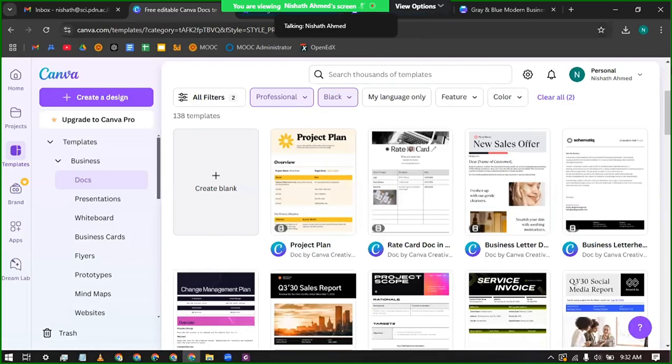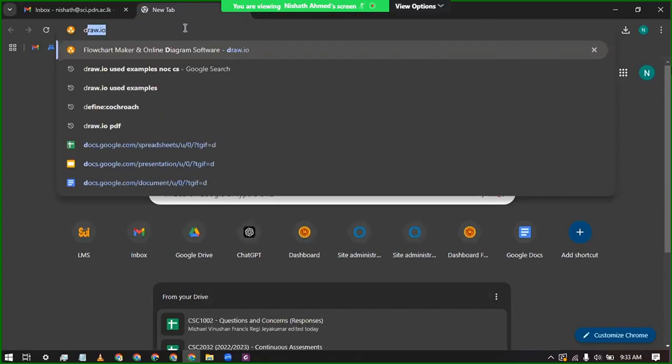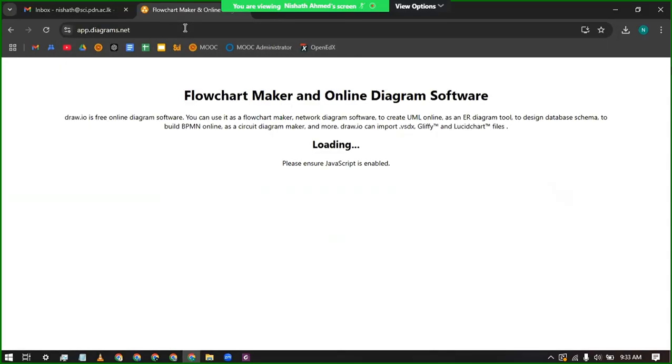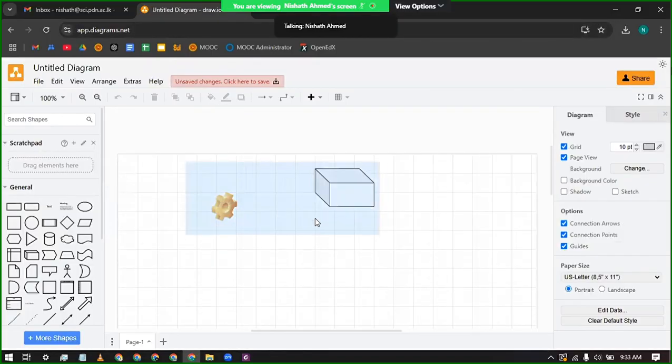Okay. So those are the things I want to discuss about Canva. So the next tool I want to discuss is Draw.io. So now you know how to create a presentation, resume, flyer, poster, those kinds of things. So Draw.io is used to create diagrams, flowcharts, those kinds of